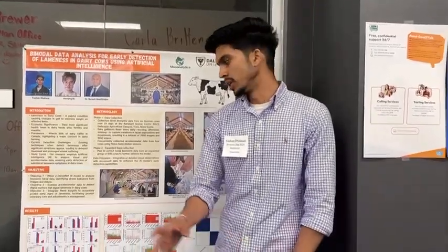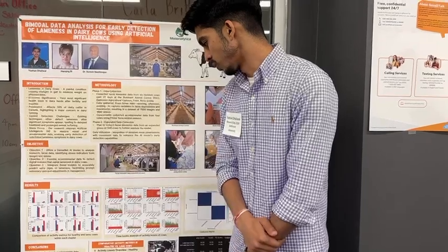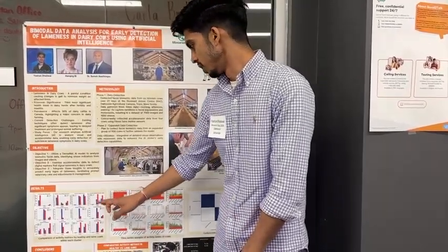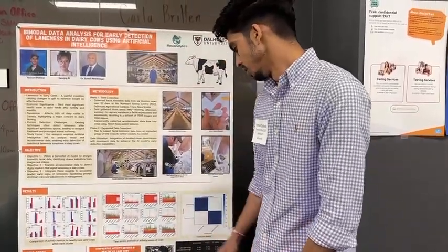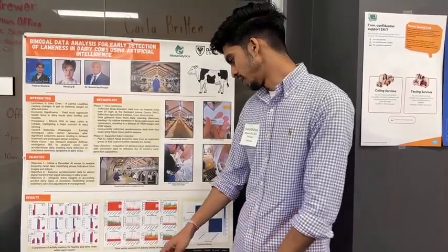Now moving on to the results. The first graph is the comparison of the activity metrics for healthy and lame cows within each cluster. From the graph, we can see that healthy cows typically display higher activity across various metrics compared to the lame cows, but